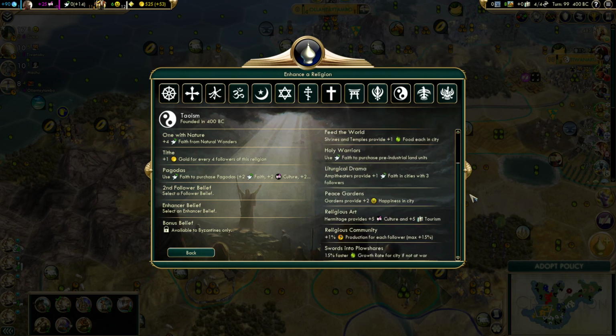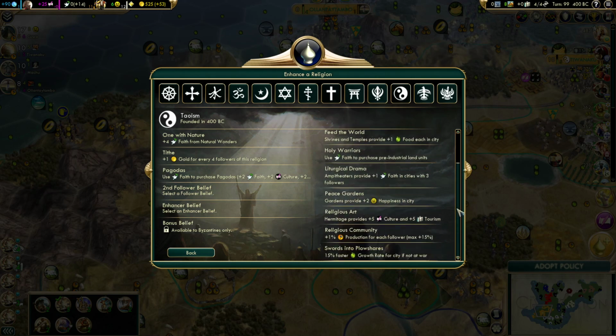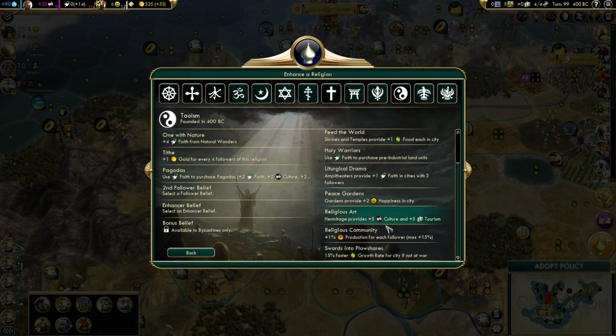Second follower belief. Okay, so there is a happiness one left, but it only applies to 2 of our cities. Going back to the tunnel vision discussion, my tunnel vision is that a pantheon is primarily for generating faith, and the religion itself is primarily for generating happiness. So I'm inclined to choose peace gardens. Now, it is important to keep in mind that swords into plowshares, which is the other one I think is semi-worthy here,